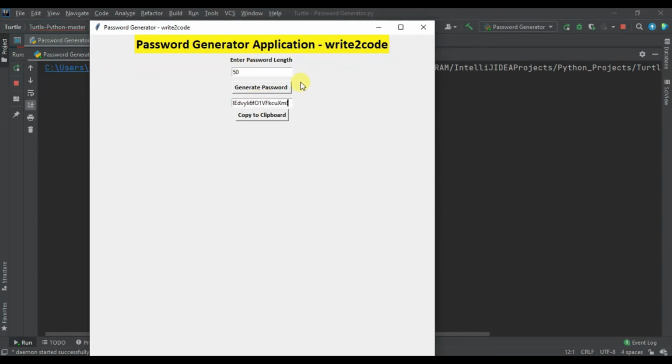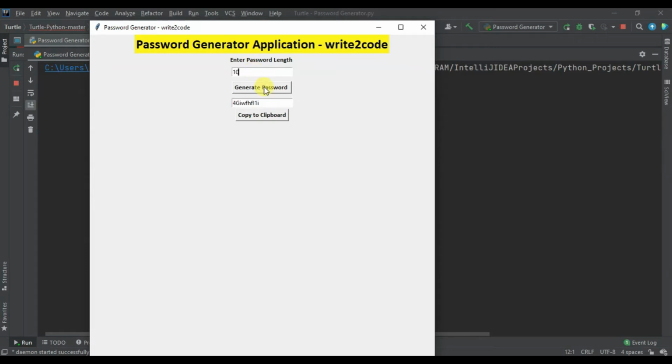Here I'm using the Tkinter module for creating an application window and the Pyperclip module for copying the generated password. Remember that these two modules are not inbuilt modules, so we need to install them with the help of the pip install command. And the third module that I'm using is random, to generate a random password.